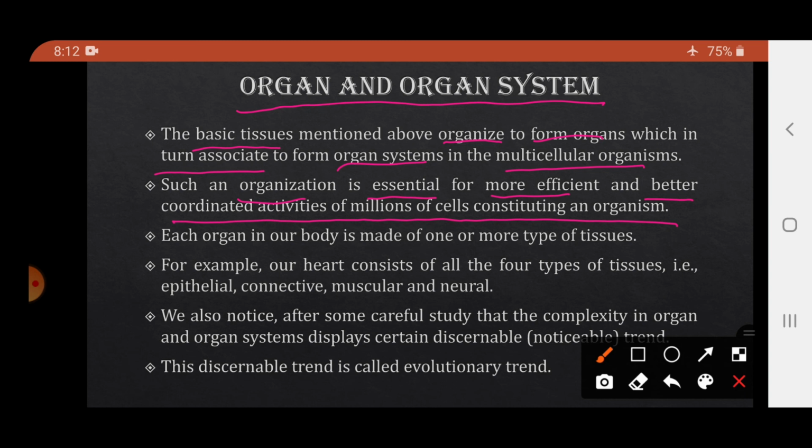Cells ने group बना दिए tissues, tissues ने group बना दिए organs, organs ने बना दिए organ systems, and organ system ने पूरे organism को बना दिया।